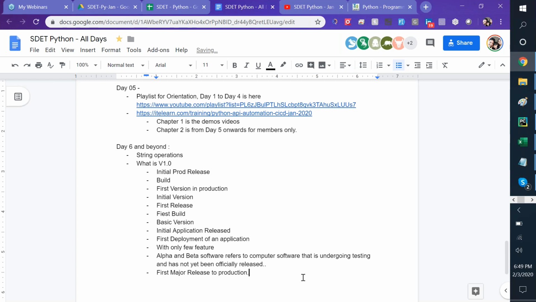Let's read this one, a longer one. When you're doing a good job, I want to take your names, team, if you don't mind. I think it came from Suresh. Suresh said alpha and beta software refers to computer software that is undergoing testing. It's not been officially released. So from my perspective, I'll just say briefly, team, alpha, just a try. Beta, a serious try with maybe a few customers, trial customers again. Okay.